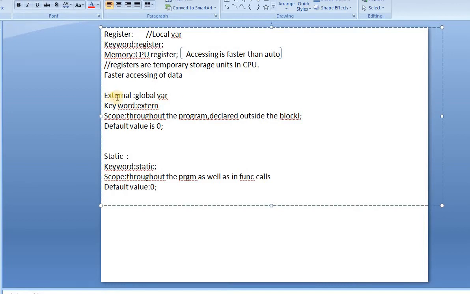The third one is the external storage class, and the keyword for this is extern, all lowercase letters only, as I already told you.